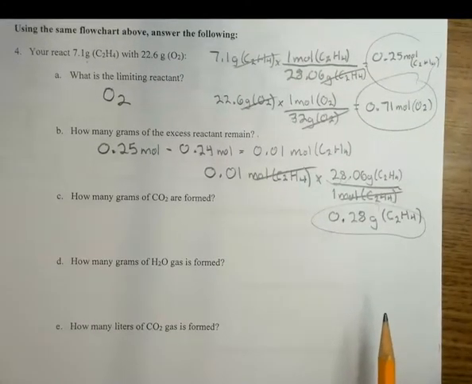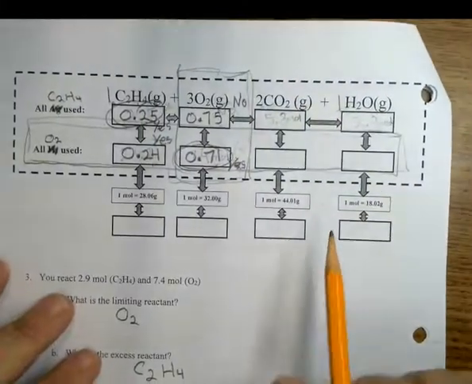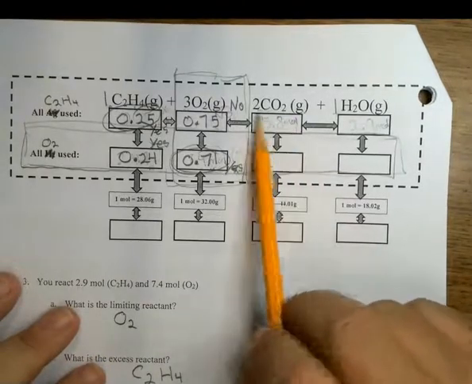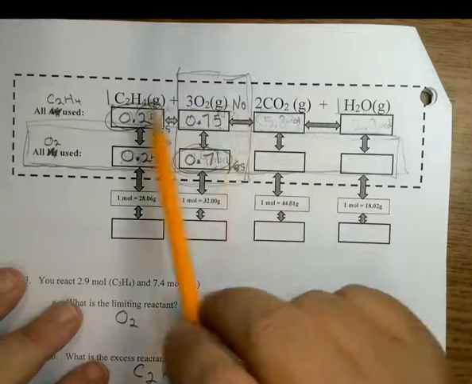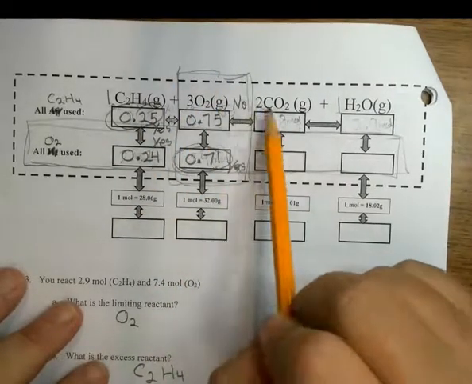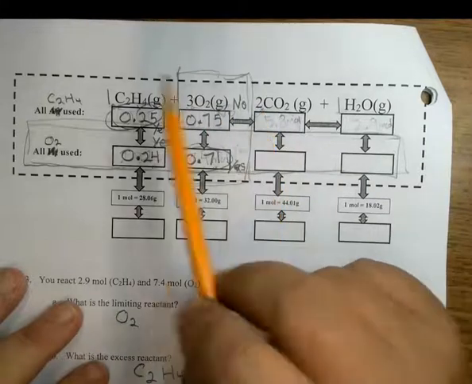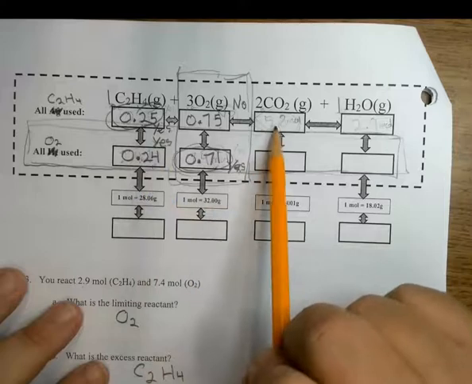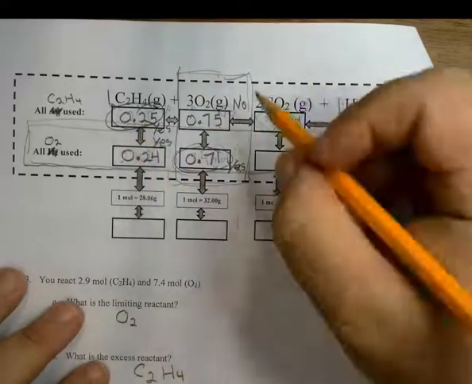Okay, how many grams of CO2 are formed? So we come over here, and we see right here that we need to first figure out moles of CO2. So we look for a relationship that's easy to work with. 2 to 3 is quirky. We don't want to deal with that. But there's twice as many moles of CO2 as there are moles of C2H4. So whatever this number is, we have to double it to get this number. So 0.25 doubled is